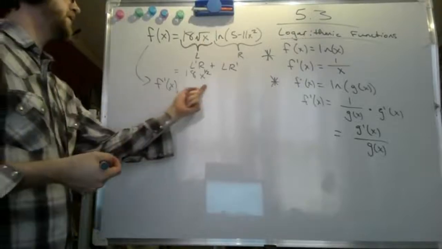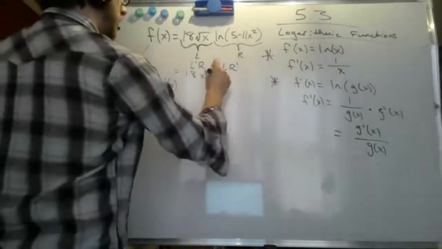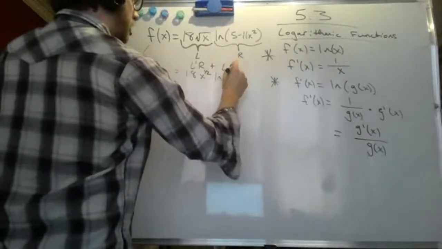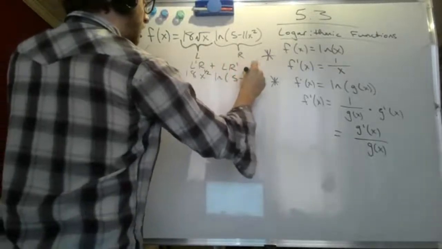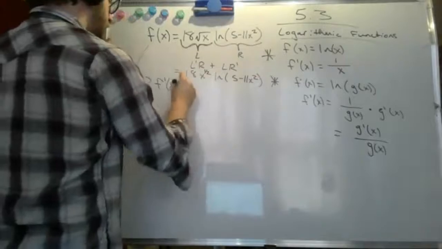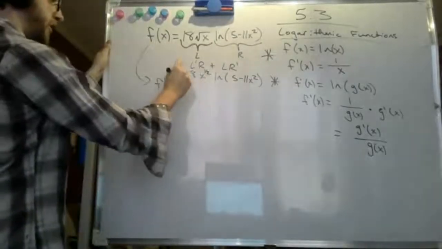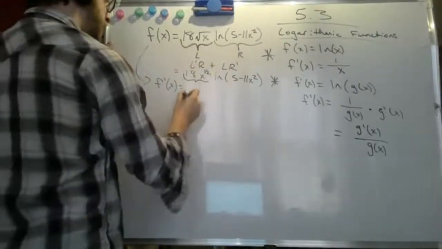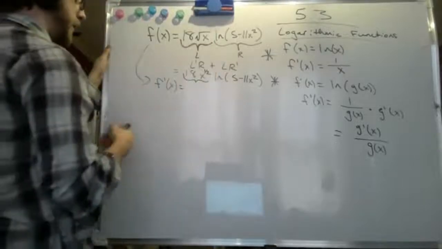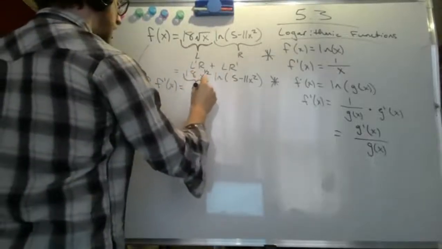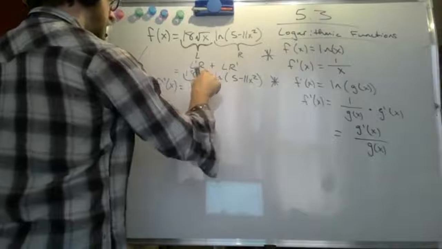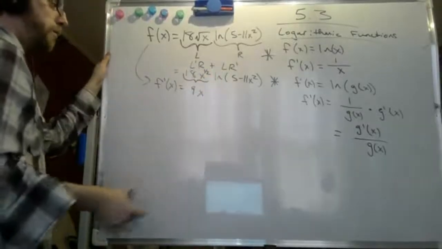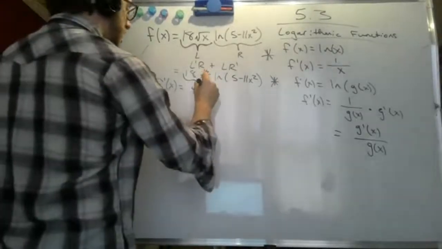So I've got 18 times x to the 1/2 times the natural log of 5 minus 11x squared. Derivative of the left guy: 1/2 comes down, 18 divided by 2 is 9. So 9 times x, power decreases by 1. 1/2 minus 1 is a negative 1/2,